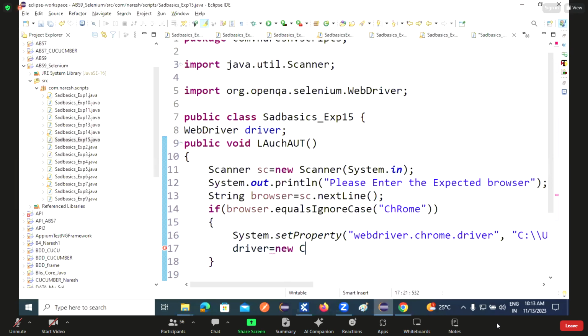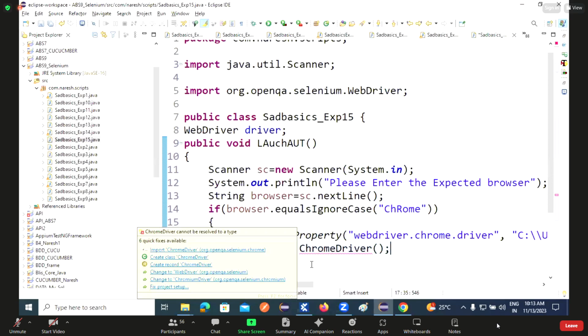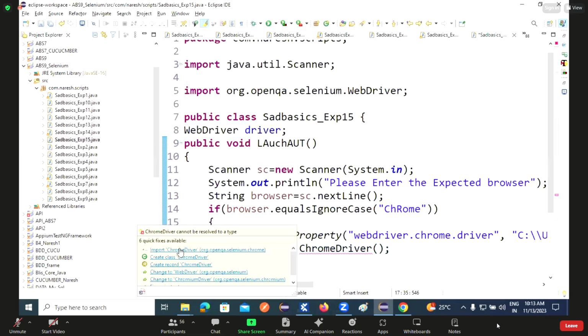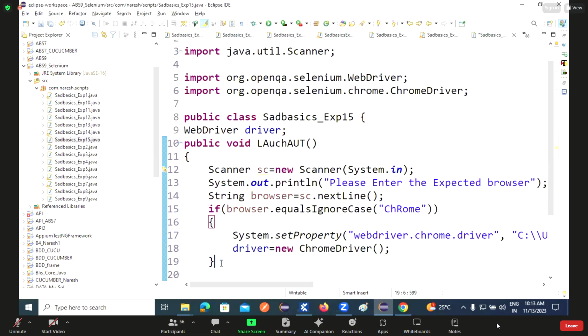driver equal to new ChromeDriver. This is for the ChromeDriver related information in the first condition. And after that, I will provide one more condition,